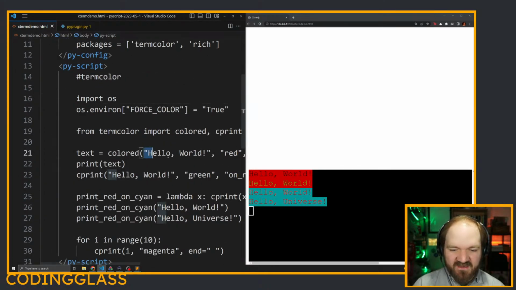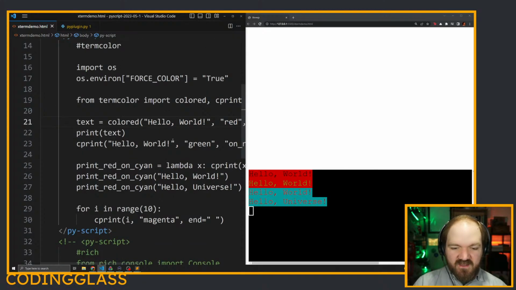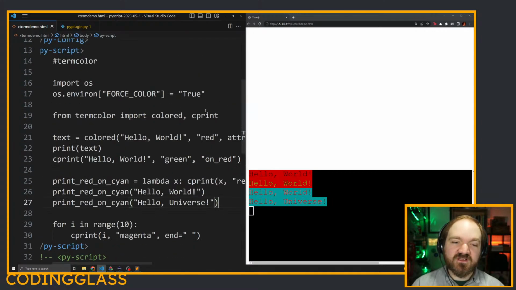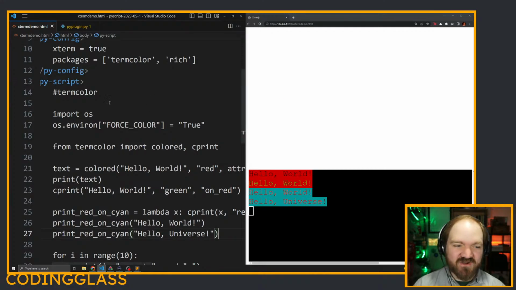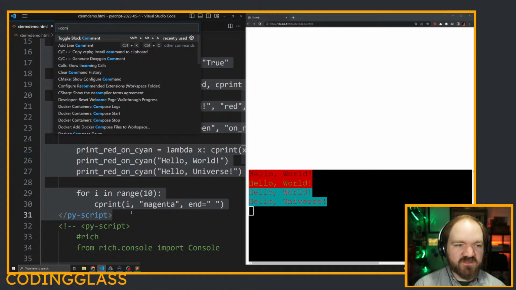So in this case, we had hello world red, but we reversed it, so it's black on red. We had green on red, we had red on cyan, and so on. We had sort of fully rich, colorful output directly into the browser window. Term color is one of the simpler libraries that you can do this with, but if I comment that